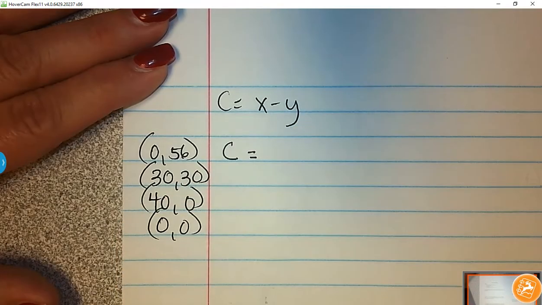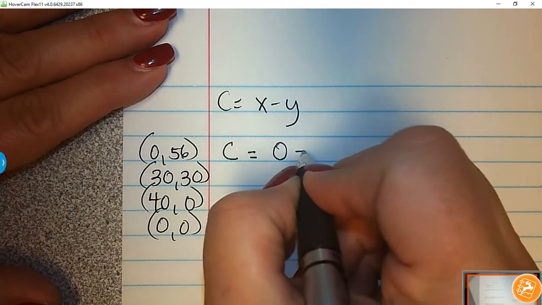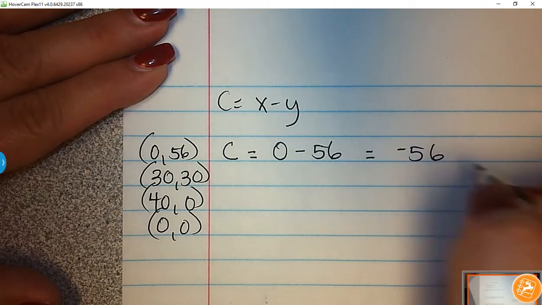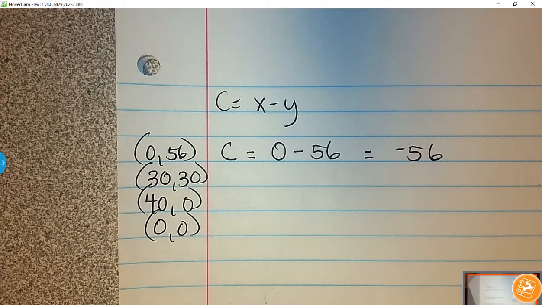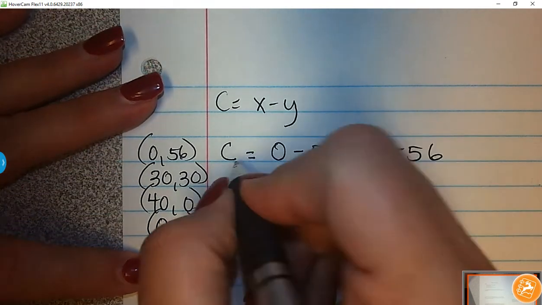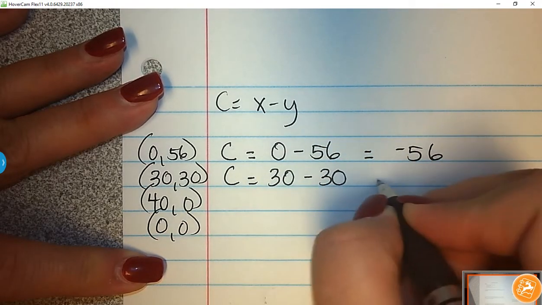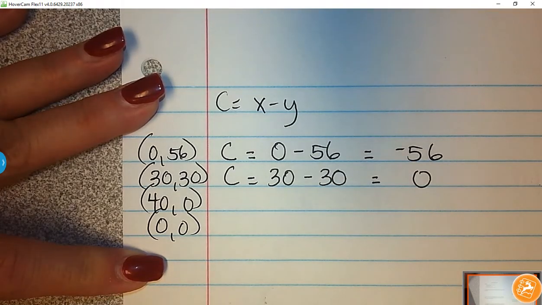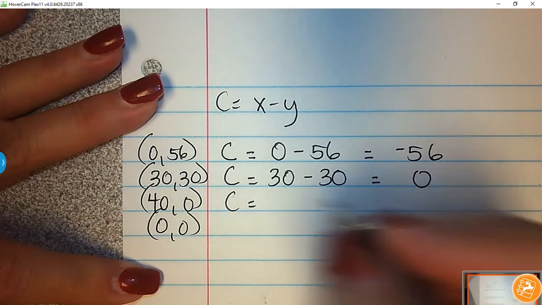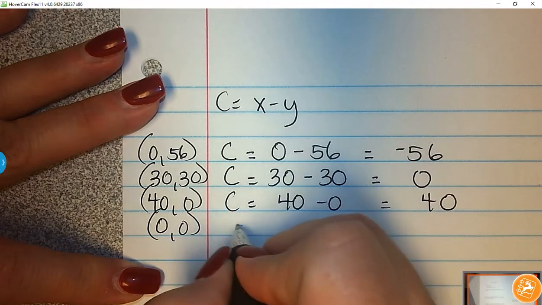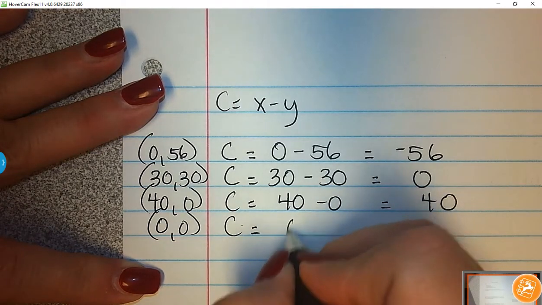So, at 0, 56, x is 0, y is 56. So my cost is going to be negative 56. And I say that's a cost equation because it's a C. That doesn't make sense, because cost can't be a negative amount. So maybe the C represents something else. But for the ordered pair 30, 30, plug those in, I get 30 minus 30 is 0. For 40, 0, that's 40 minus 0 gives me 40. And for the ordered pair 0, 0,